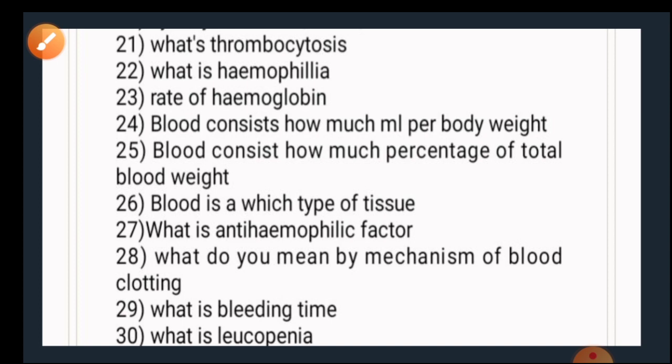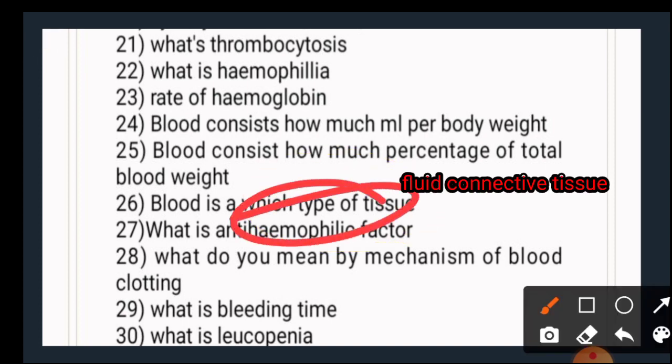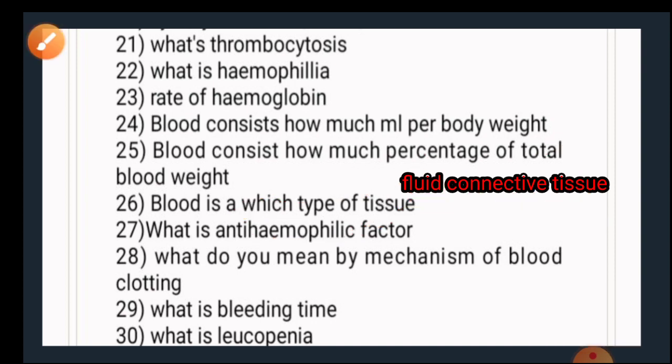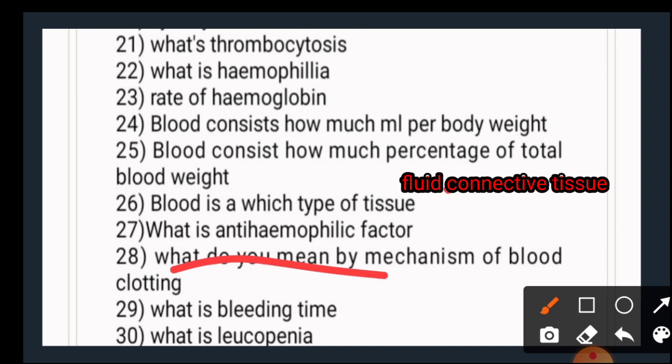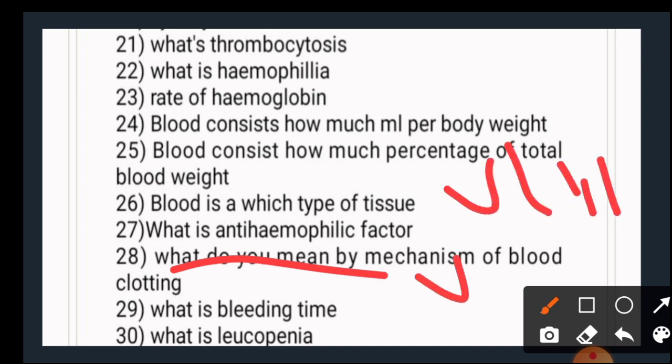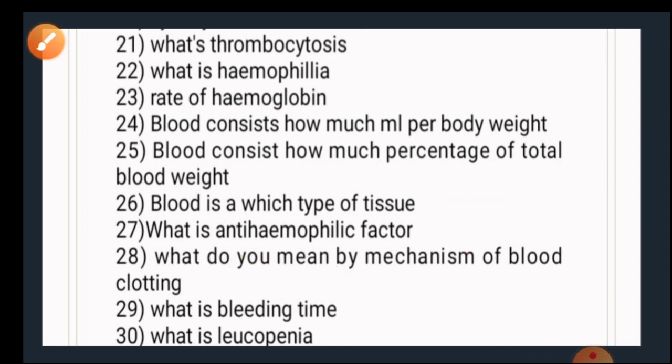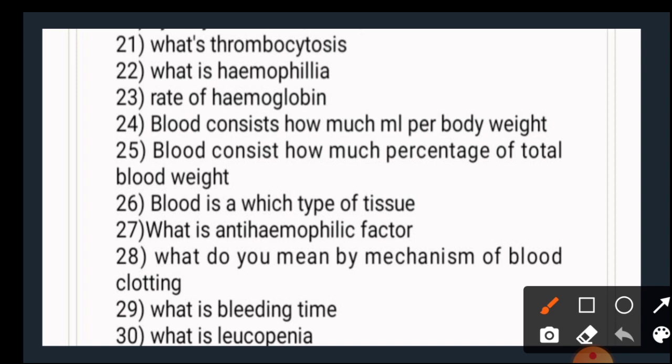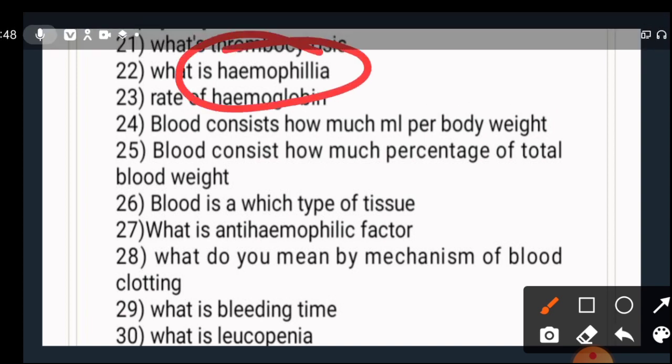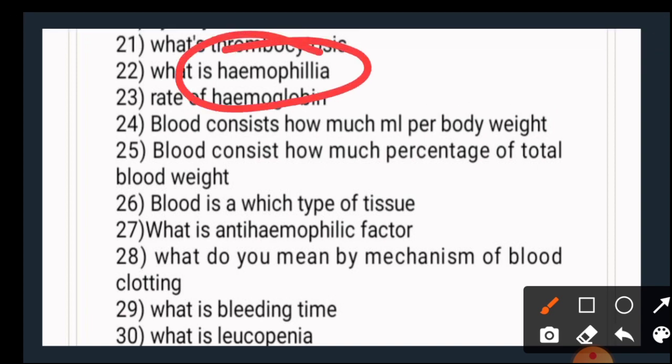Next, blood is which type of tissue? As we know, blood is a connective tissue and it is fluid in state, that is called fluid connective tissue. What is anti-hemophilic factor? Factor 8 is called anti-hemophilic factor, and due to its deficiency, hemophilia occurs, where blood clotting naturally